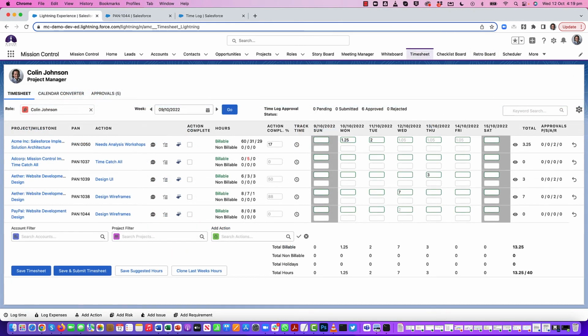Okay, so we've got a number of enhancements that we've made to the timesheet. So we're just going to walk through each one at a time. So first one is